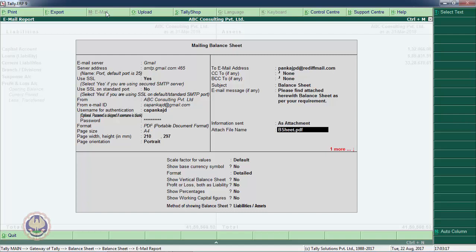Attach file name, the name of the file is balance sheet PDF. You can define the scale factor for values, show base currency symbol. These are options available in Tally. For the time being, we will ignore and we can just go to the last point. We can press enter and automatically the email will be sent. This is so simple, you can very easily and effectively use emails through Tally.